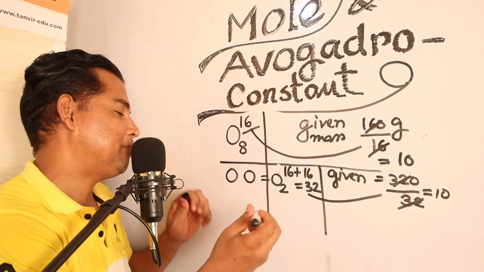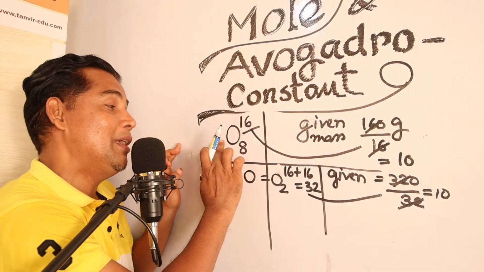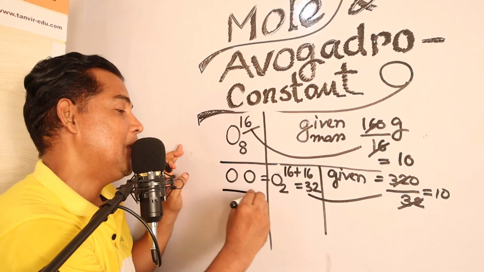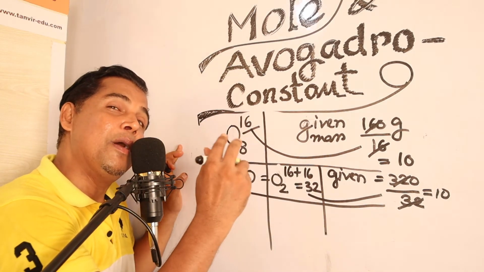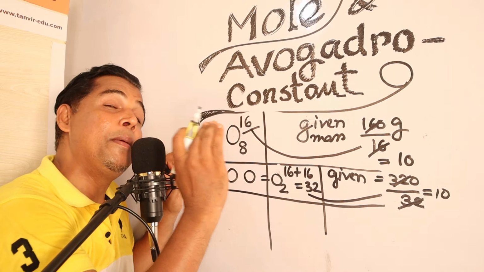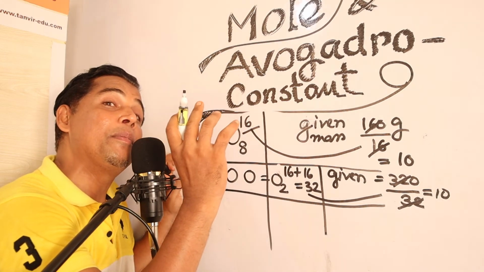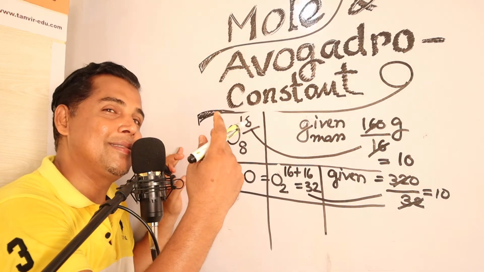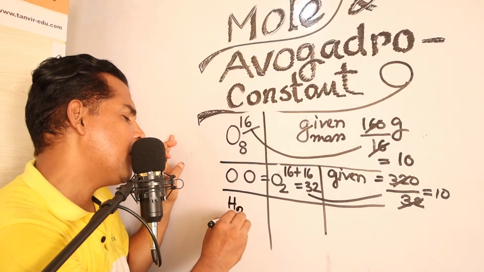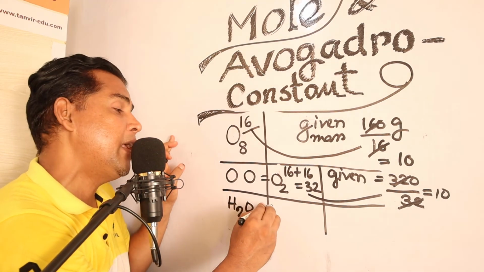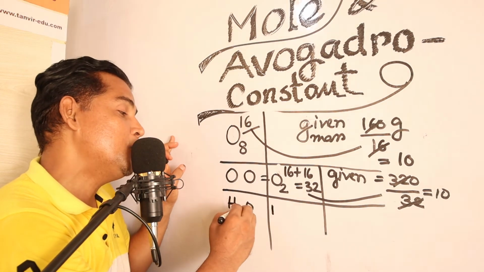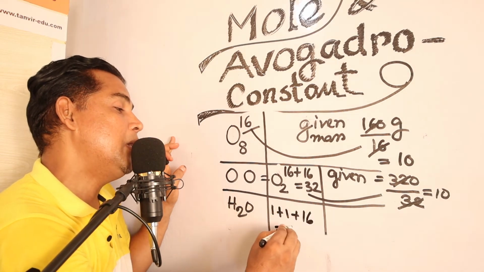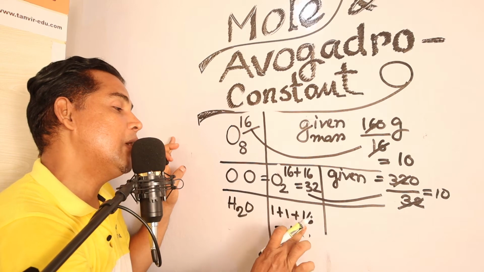Okay, I am giving another example. So this is the atom, this is the element, meaning the same type, but this is a molecule. Molecule is the last stage. Now I am going to the compound, because a compound means a combination of 2, 3, or more than 2 elements. So for water, there is H2O. The mass of H is 1, and there is 2H, so 1 plus 1, and oxygen is 16. So in total, 18.